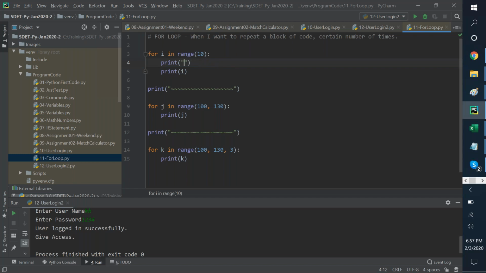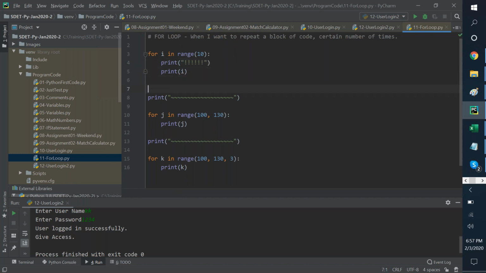I already used that, so I'll use this. Now the print will be different. Now if I say print here, right here without any gap, see, look at the difference, team.